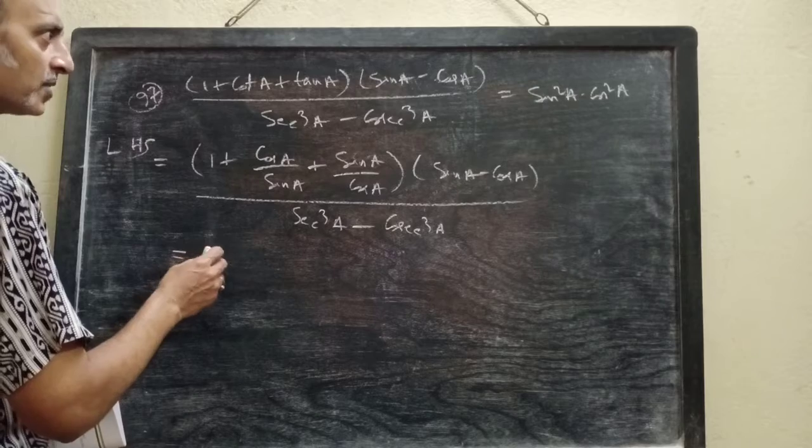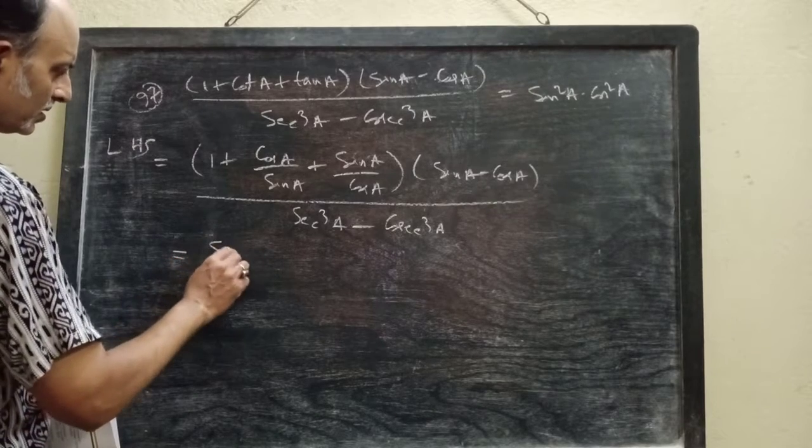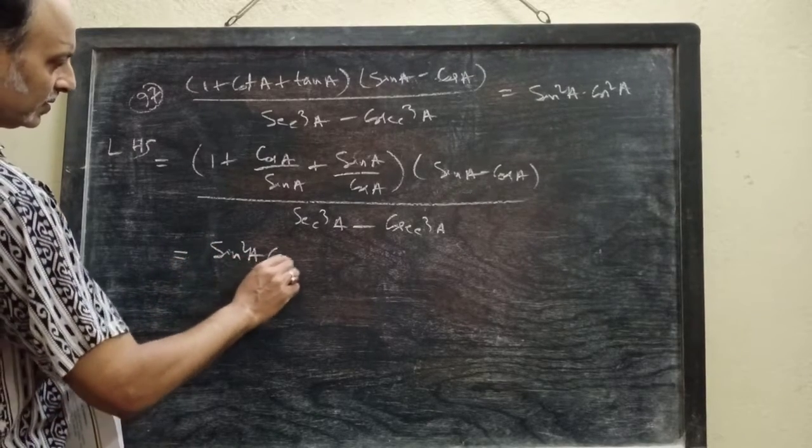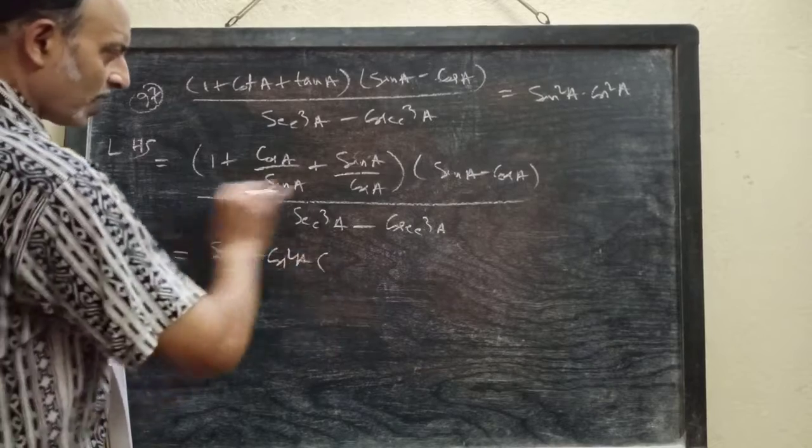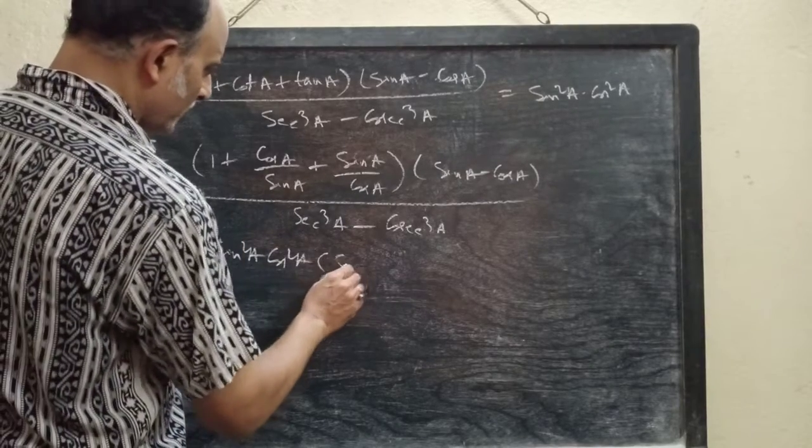And keep sin square A cos square A outside and put sin A cos A inside. So you get